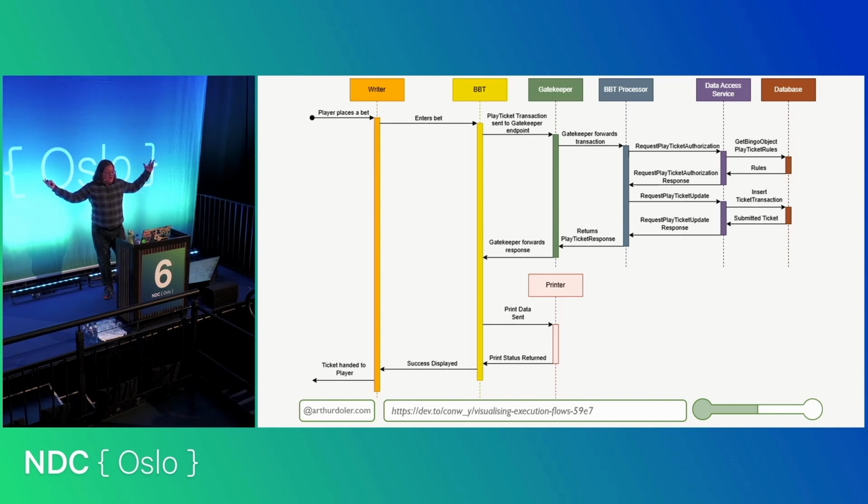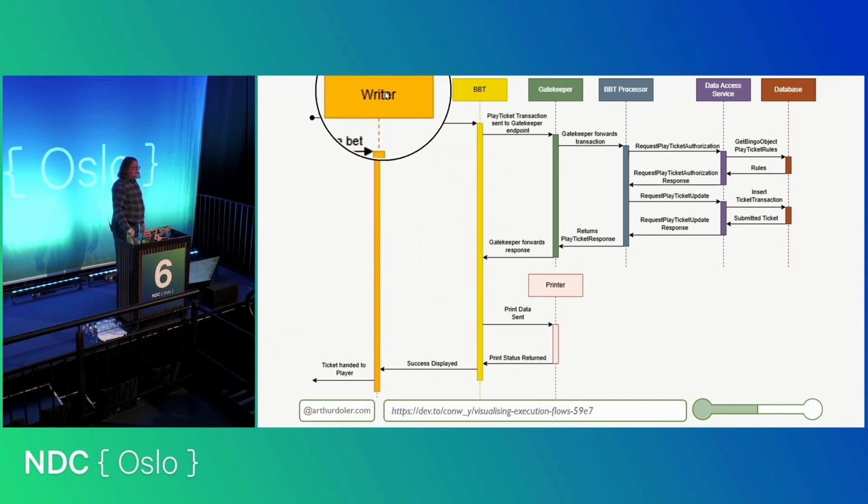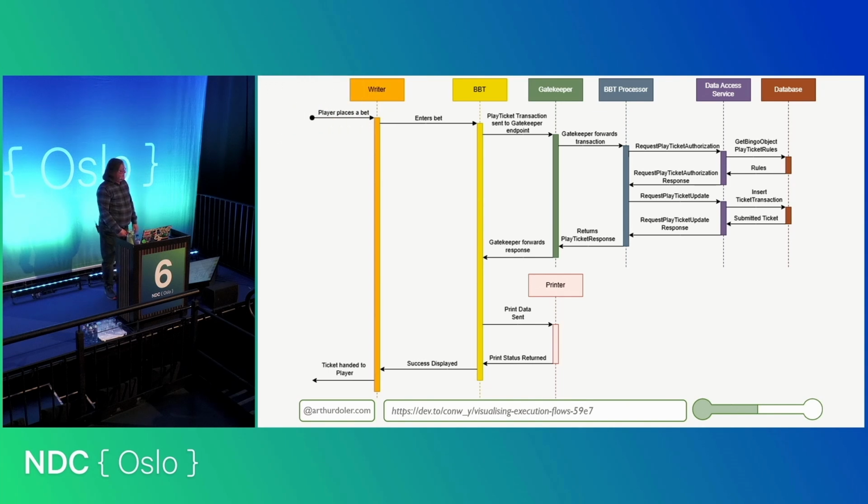So for the bingo app, this is the writing of a ticket, a bingo ticket. And in this case, you can actually see that the first thing we deal with here is a writer. It's not even a system. That's another human being. The player is going to place a bet. The writer is actually going to enter it into this terminal. That's going to flow through all of these things. It's going down to the database, back up, and then back down to the database. And then eventually, it hits a printer, a physical printer that prints a physical paper ticket.